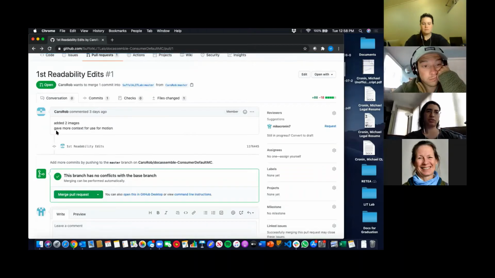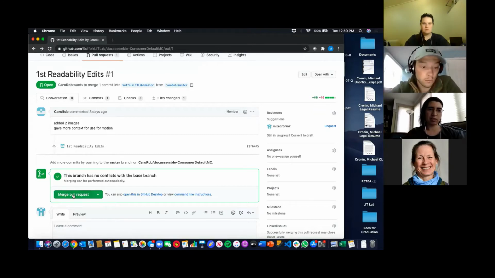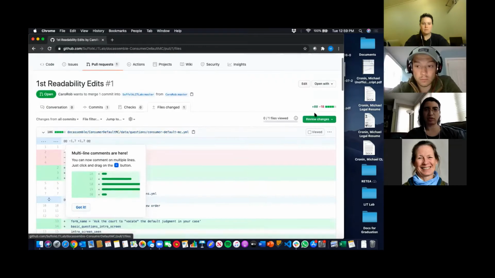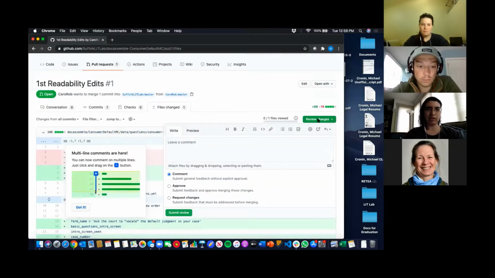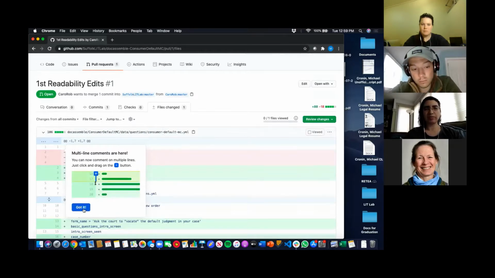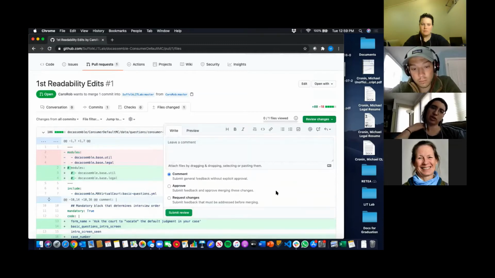Oh no, actually this one you can just merge. Let's simplify it down to its very simplest. You can just hit merge. A lot of times people will want to, for example, go really quickly to files changed and click on the review tab so that you can see where it is. So review changes in the top right. You can leave a comment and you can approve, or you can request changes. With each of those, you can leave a comment. And if you request changes, then you tell whoever you're requesting changes from that you had requested changes. But we're just going to approve, just to see what that looks like on the other page. Just click approve